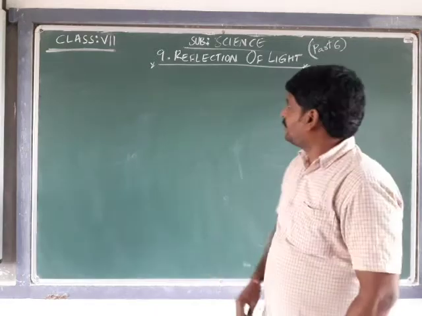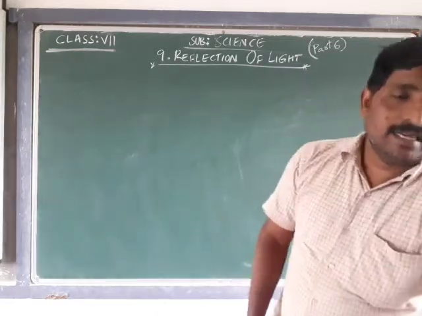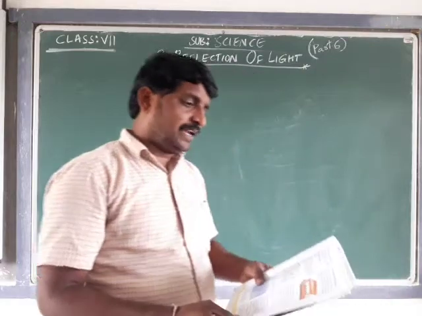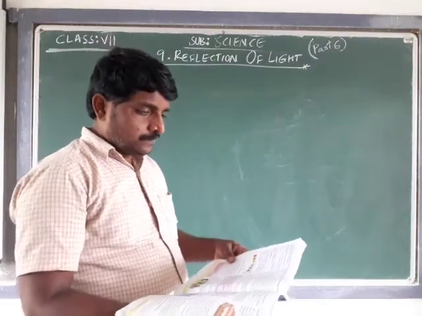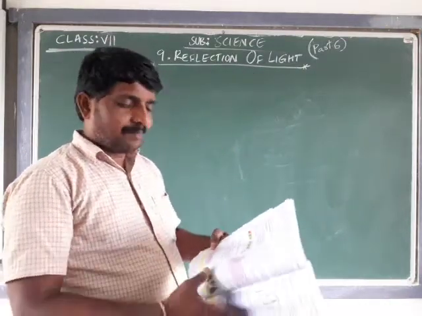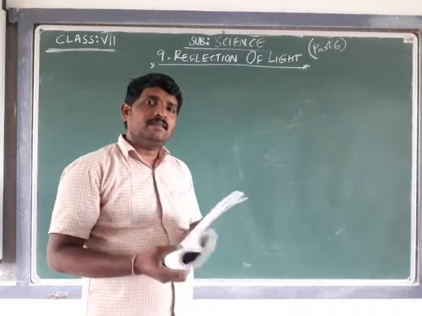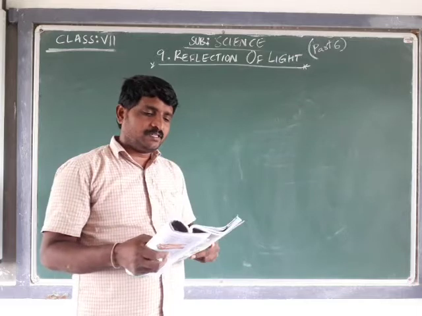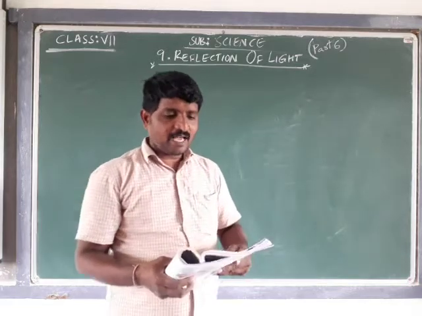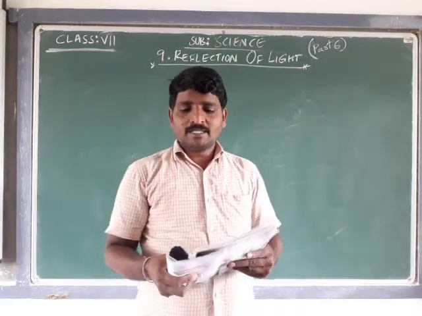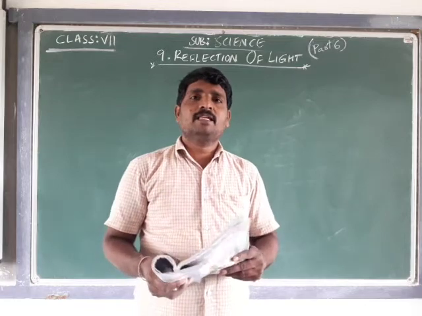Today we are going to talk about reflection of light. Under the reflection of light we have a small segment. In the last session we were talking about the ambulance, why it is written in lateral inversion. See, on page number 88 we have a segment: is the size of the object and image the same?